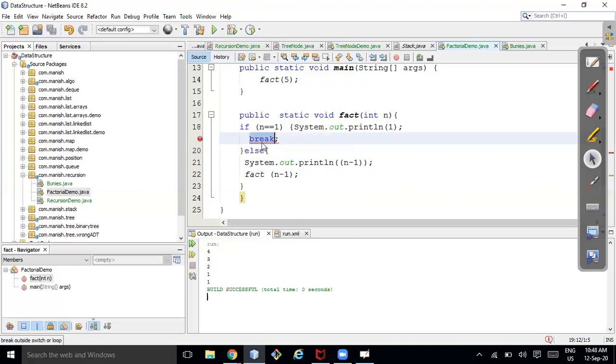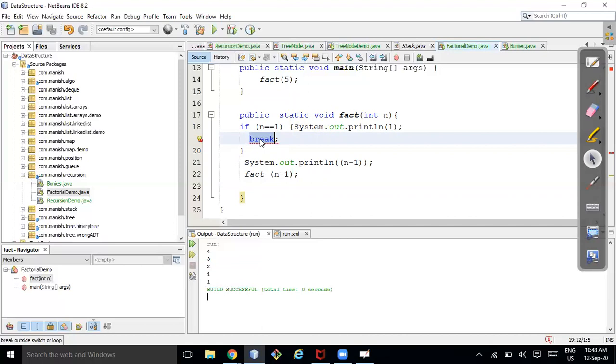Okay, so here: break outside switch or loop. Now let me remove this else block. If anyone thinks of writing break, this break is always within a loop; outside a switch or loop it's an error.